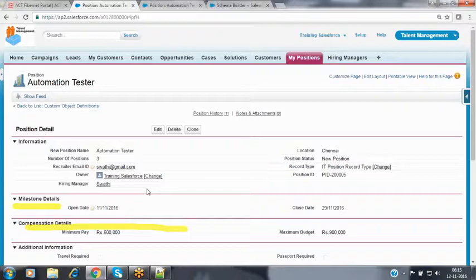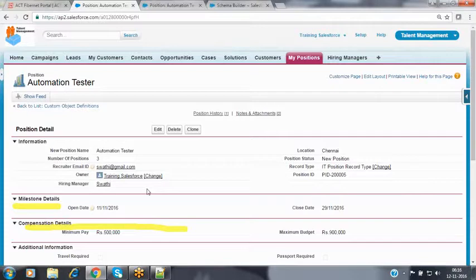Currently, I have assigned this position to Swati. Swati is going to take care of recruiting the candidates, but she resigned 1.5 months back. She is serving the notice period for 1.5 months. Today is her last working day in our organization, so from tomorrow onward she will not be available. So what needs to be done?